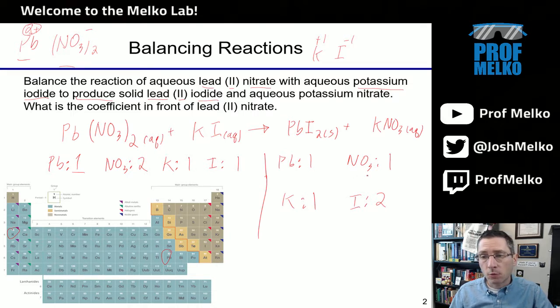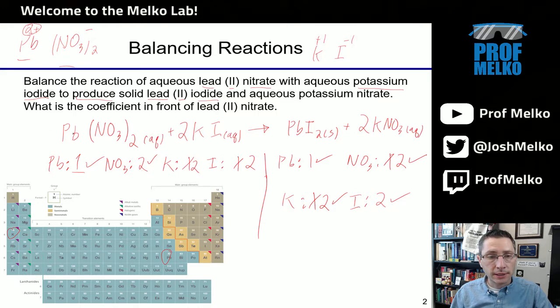NO3, there's 2 on the left, 1 on the right. So let's make this a 2 on the right to match by placing a 2 coefficient out front. Doing so, I also notice affects potassium, brings that up to a 2. And now that my nitrates are balanced, I see that my potassium is not balanced. 2 on the right, 1 on the left. So I'll add a 2 coefficient in front of potassium iodide on the left to update that. Doing so also changes my iodine on the left and makes it 2. But conveniently, there's iodine that is 2 on the right, so now those are balanced, potassium's balanced, nitrate's balanced, and lead I don't have to do anything, it was balanced to begin with.